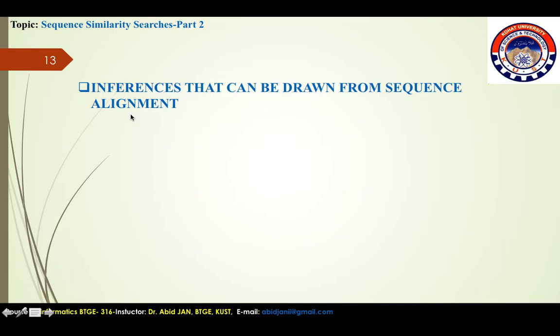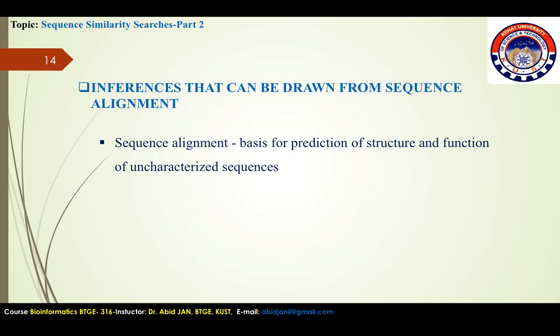Inferences that can be drawn from sequence alignment. Identifying the evolutionary relationships between sequences helps to characterize the function of unknown sequences. When a sequence alignment reveals significant similarity among a group of sequences, they can be considered as belonging to the same family. If one member within the family has a known structure and function, then